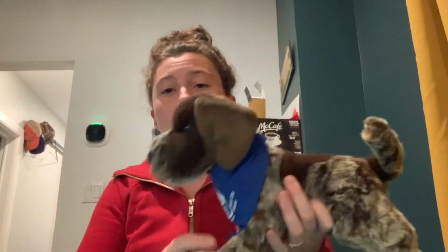I have my canine patient here, a German short hair pointer, and I'm going to be demonstrating how to give sub-Q and IM injections. So I'm going to have my syringe and my needle. For most sub-Q and IM injections, actually IV injections in a dog, we're going to be choosing a 22 gauge